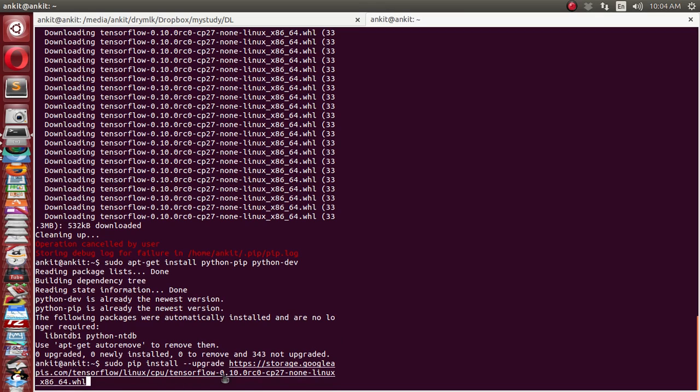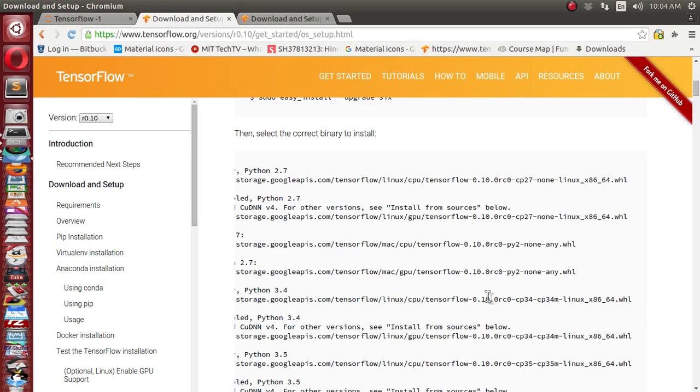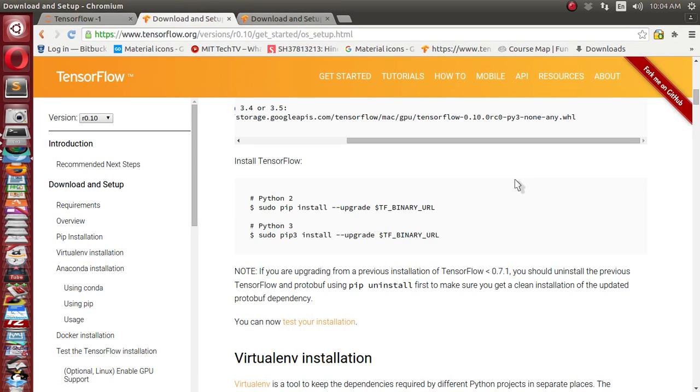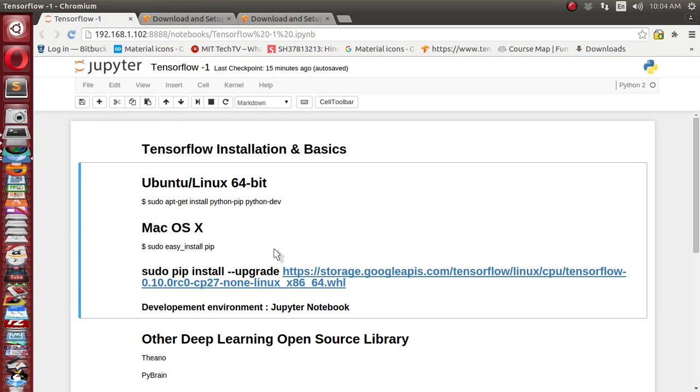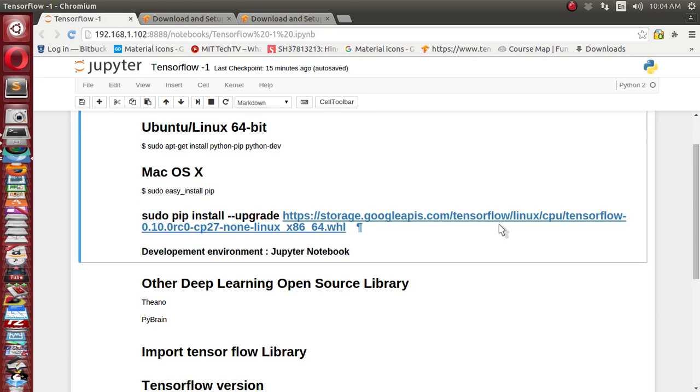I have listed here the 0.10 version for Linux 64-bit. You can choose based on your configuration or environment setup. Different binary URLs have been given here from Google. Okay, so this is all about the pip way of installing TensorFlow. It is already installed on my machine, so I am not going to do it again.